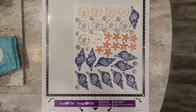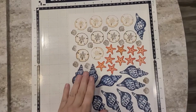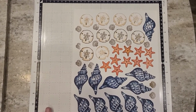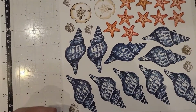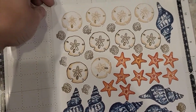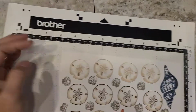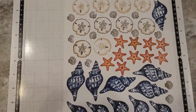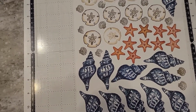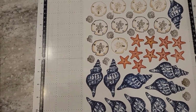Alright, I have now prepared my cutting mat. The cutting mat is a sticky surface, tacky if that's a term they use, and the idea is that it's tacky enough to keep the paper from moving. So like if I try to move it here, it will not move because it's sticky, and when you peel up and put down paper over time, it gets little fibers and it makes the tacky less tacky. So you use a